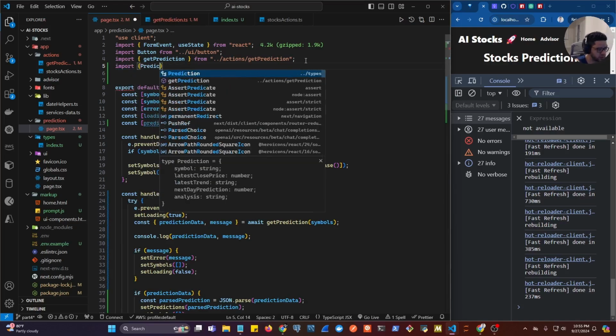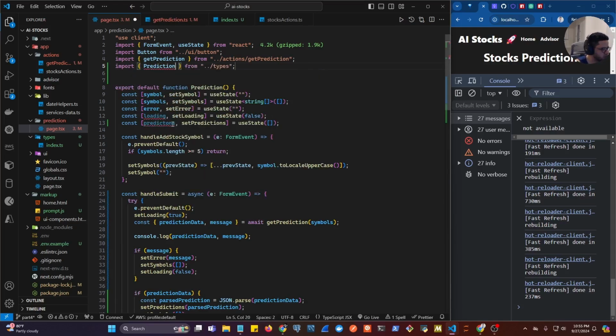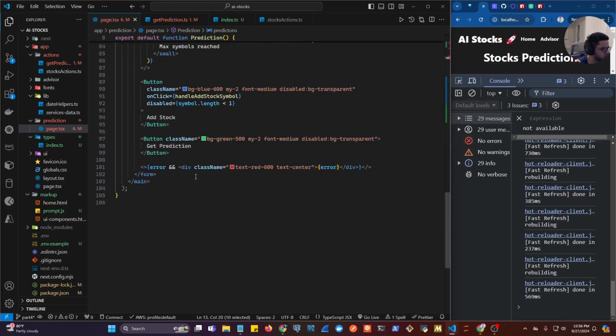Import prediction, and we're going to say that predictions is going to be of type prediction array, or an array of predictions. So now let's map over this prediction state variable down here somewhere, right after the form. Let's do fragments, curly brackets, predictions. Let's make sure prediction is true, and predictions that map, right? We're gonna map over that, but we want to show the prediction, and we should put it into its own